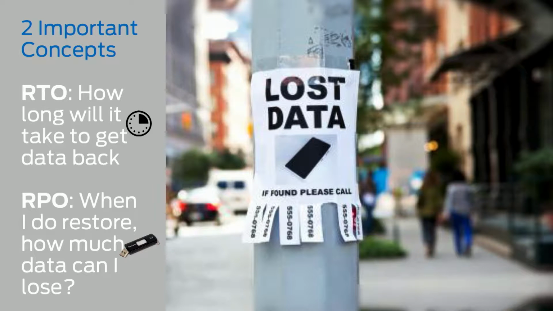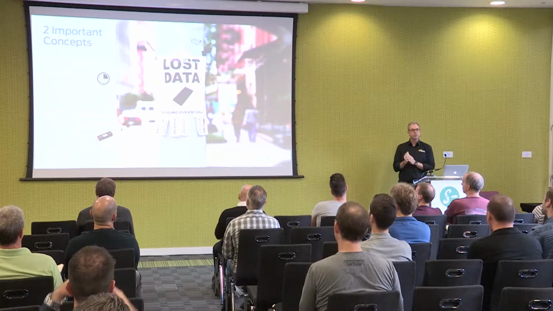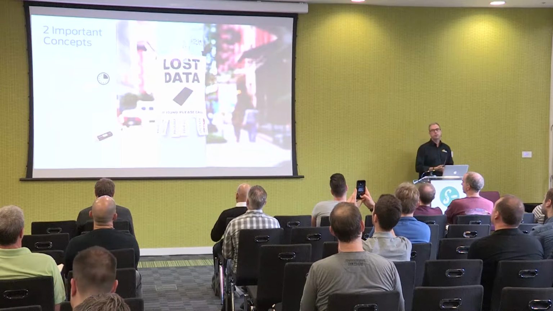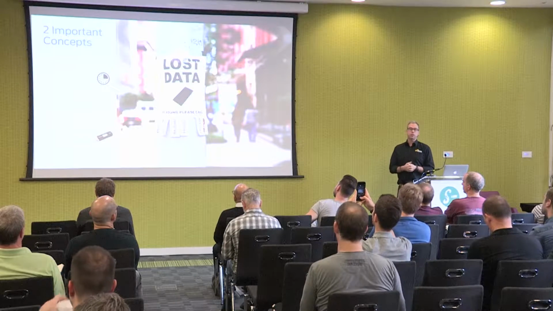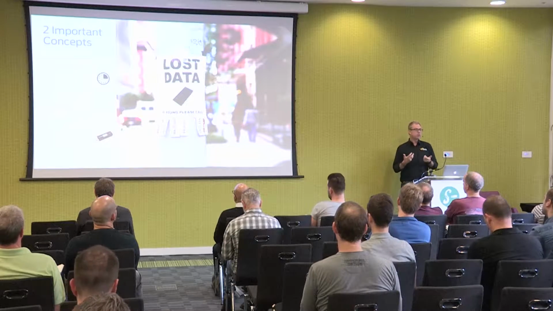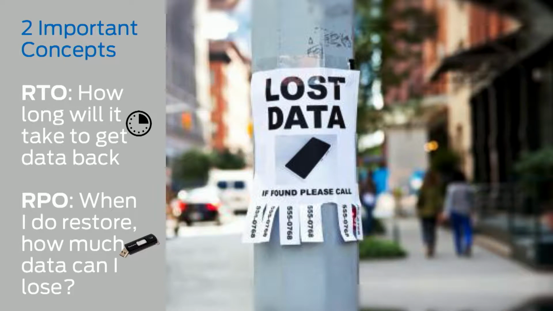For those of you who haven't seen this before, hopefully this is old hat. The RTO, or the recovery time objective, is if I had to restore some data, how long would it take for that to happen? So this is the contract you're making with your business users. If there was a problem, how soon could they expect to be back up? There are a lot of different things that will govern your RTO. The amount of data you're restoring is one of them, but also how much horsepower you're throwing at the problem.